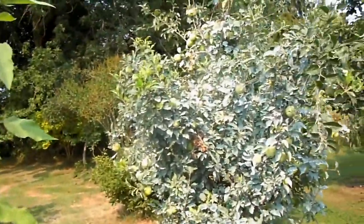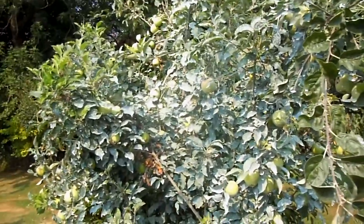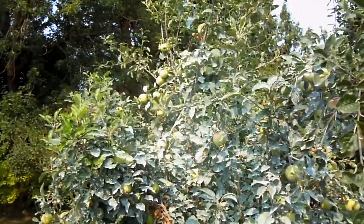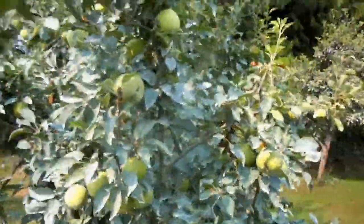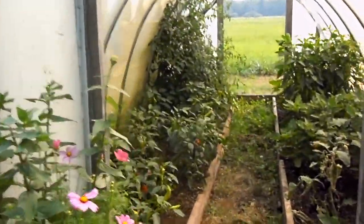Chickadee. And this is an apple tree called a Chehalis. It's covered with this gray film, which is kaolin clay powder. You mix it with water, spray it on, and it keeps the bugs, the worms, out of the apples. Take a look around this corner. This is the hoop house,